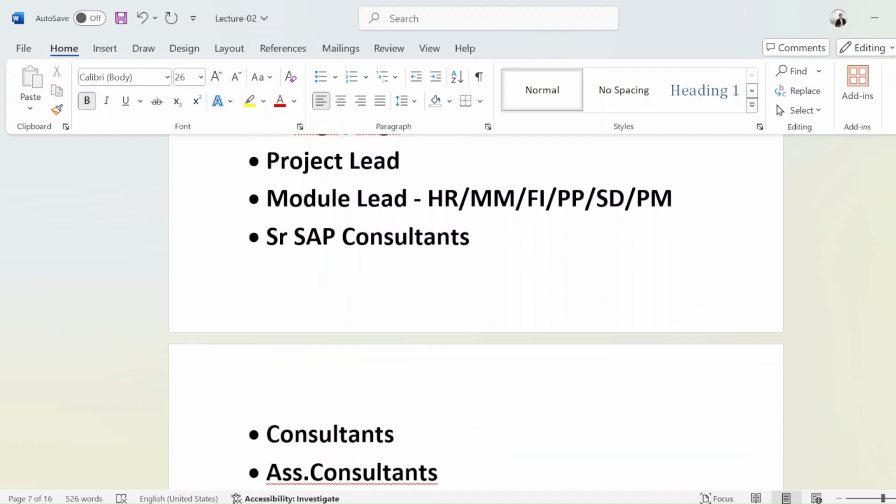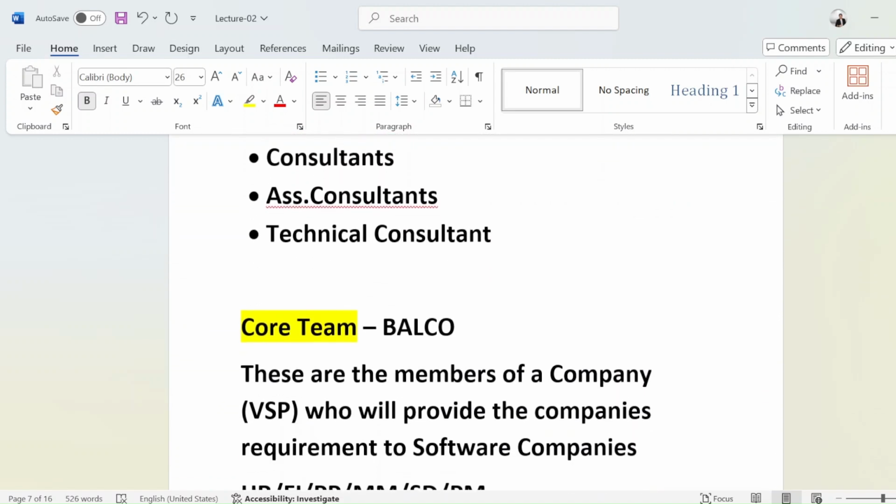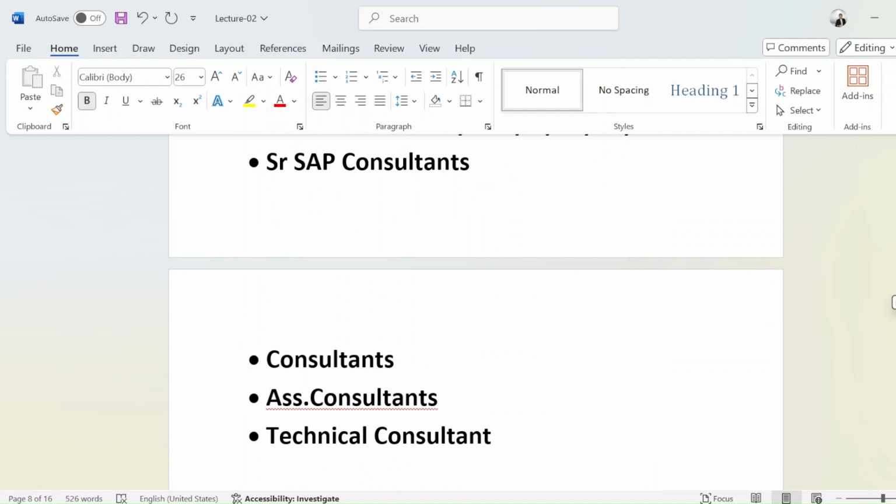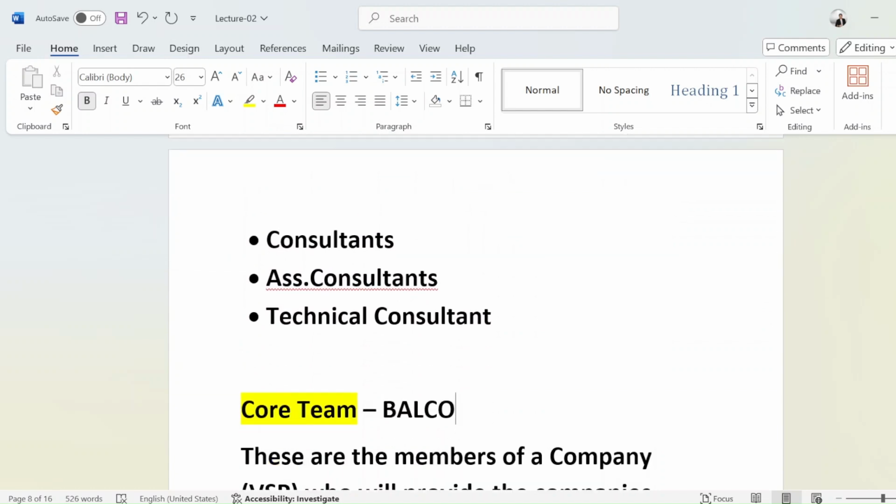So that's an E2E implementation project. Let's suppose Balco was using another ERP, earlier Oracle or Tally as an ERP, but right now they want to go with SAP. So then it will be an E2E implementation for that.